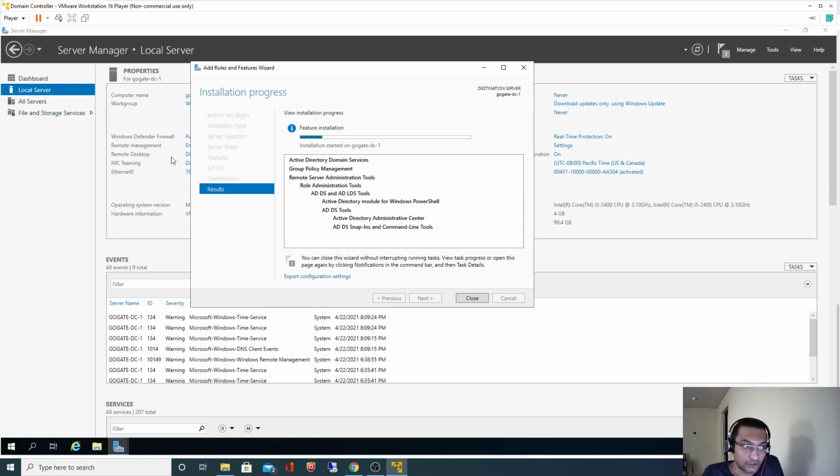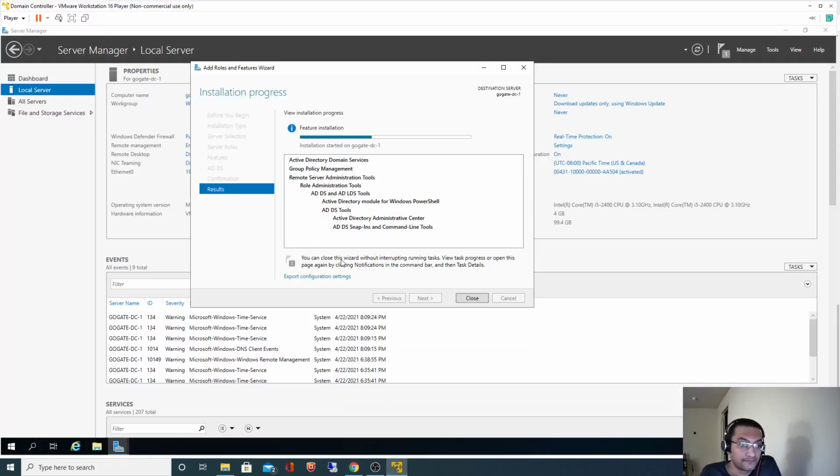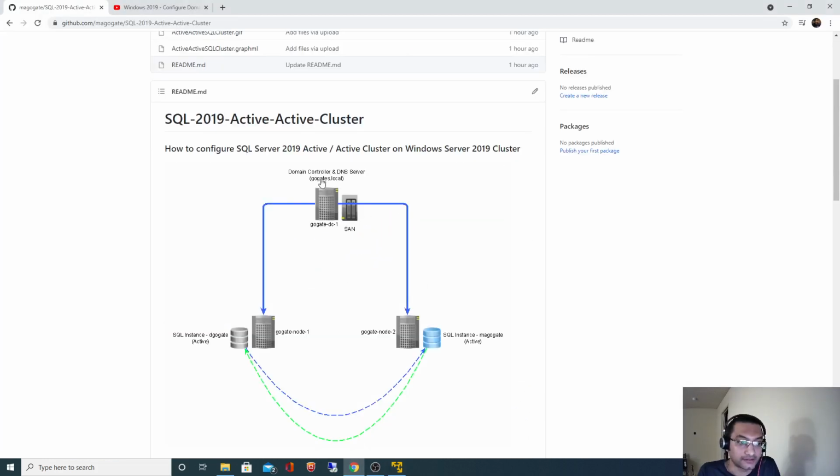Once this gets installed, that option will appear, and we need to click on it in order to configure the domain services. The destination server, as you can see here, is gokte-dc-1. So basically, we are installing Active Directory services on this machine, which we are going to use as the domain controller.